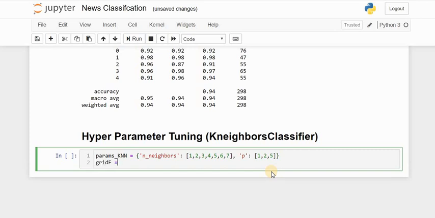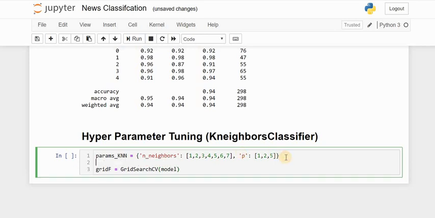So I am repeating the steps again. I have defined a params_knn grid. Again, the grid will consist of the object of GridSearchCV. The first parameter I am passing is the model. Now I am calling the k nearest neighbor model, the KNeighborsClassifier. The first one is the model, the second is the grid search parameters, then cross validation to be 3. Or you can give cross validation 5, 10 as well.